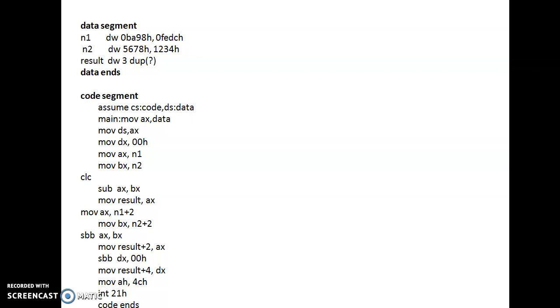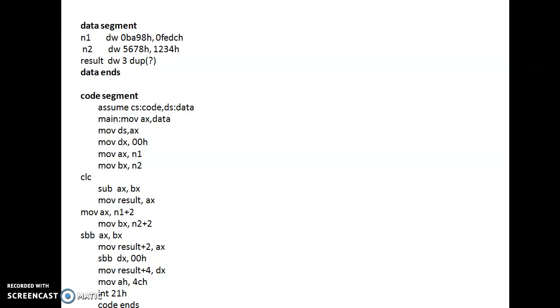Then we are using MOV DX, 00, which means that if any borrow comes, it will indicate it, that is why we are using MOV DX, 0. After that we take the numbers, MOV AX, N1 and MOV BX, N2, which means that in N1 we take the first 16-bit number.